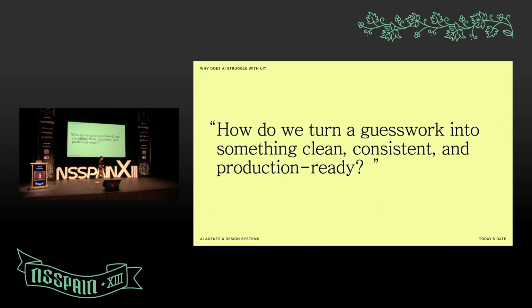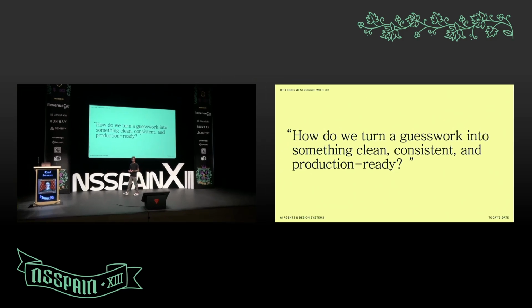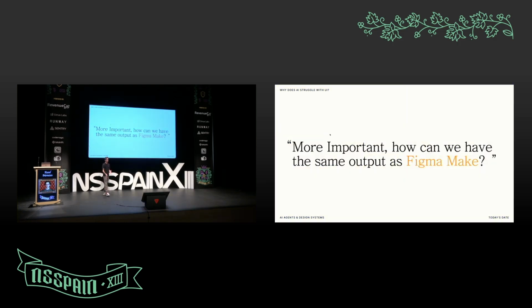But how can we try to change this behavior? Figma Make did something great, which was guesswork at that point. We just had the prompt and the image, but how can we have something very consistent and reliable, something we could ship to production? Something very close to Figma Make, but native, something we can have in our SwiftUI projects or UIKit. It doesn't matter. How can we achieve the same behavior with less structure?